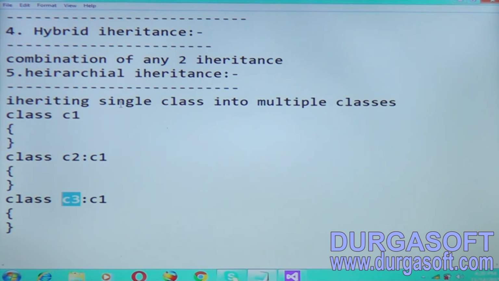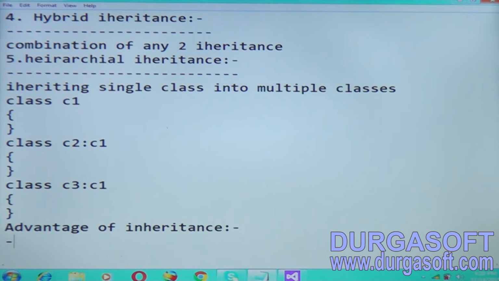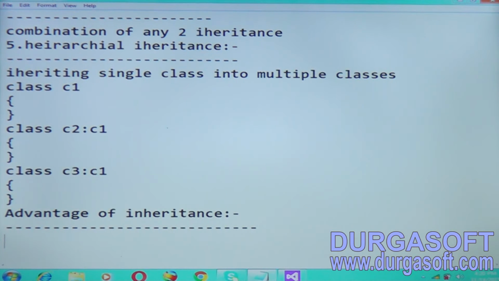So what are the advantages? The main advantage of inheritance is the reusability of code.